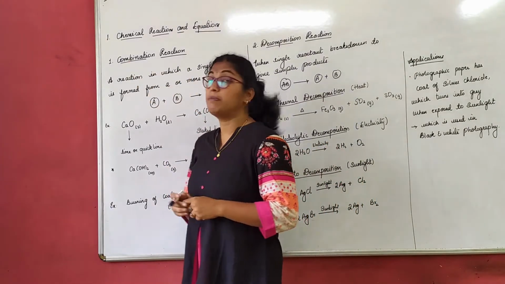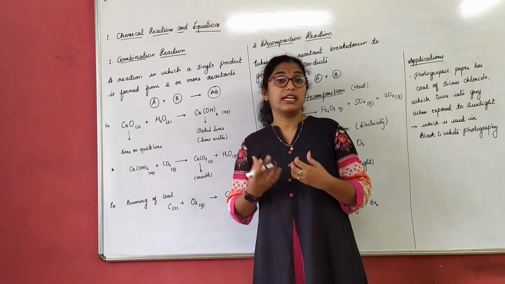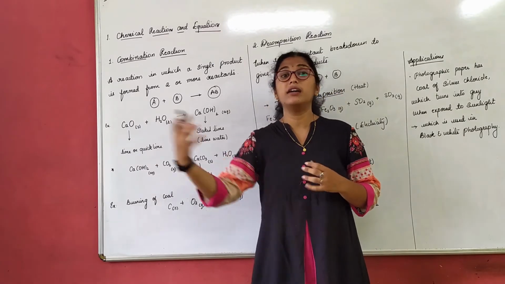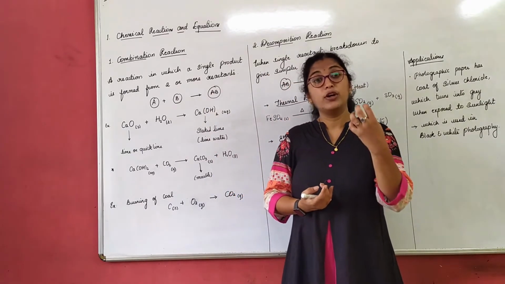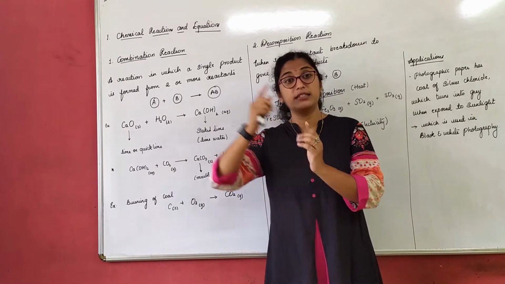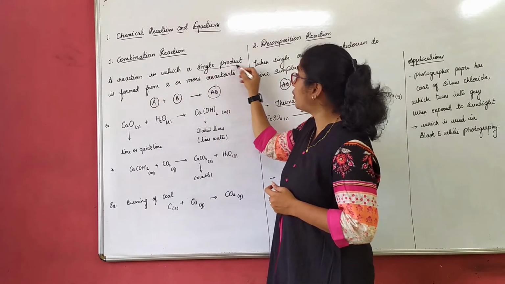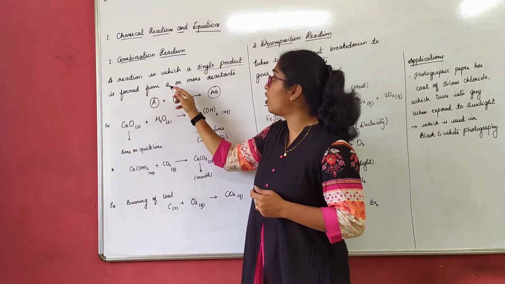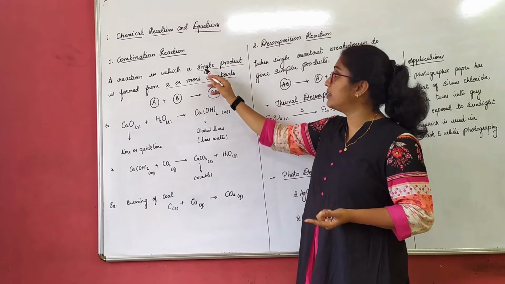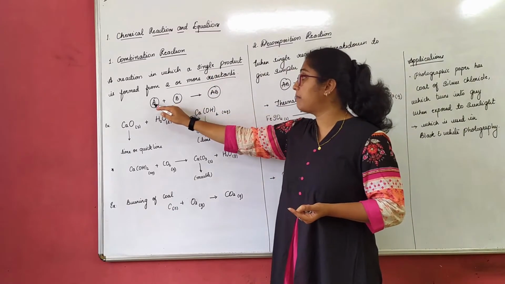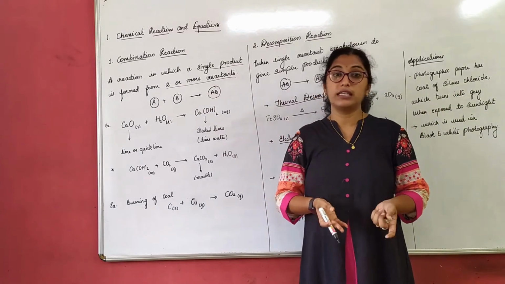The first one, combination reaction. Now, what does the word combination tell you? Combining. That means I am combining something to get a new product, right? In a similar way, a combination reaction is a type of reaction where we combine 2 reactants to get one product. That means a reaction in which a single product is formed from 2 or more reactants. Correct? I just told it in another way, both are similar. We combine 2 or more reactants to form a single product.